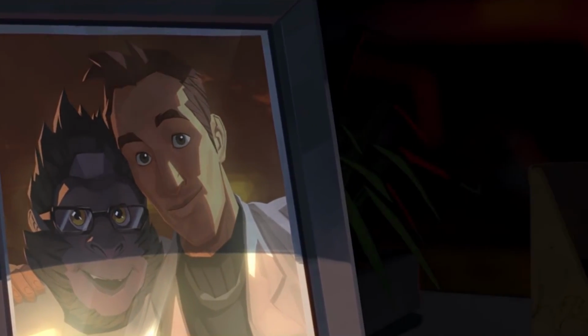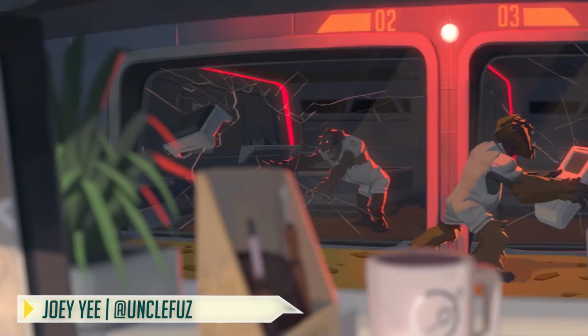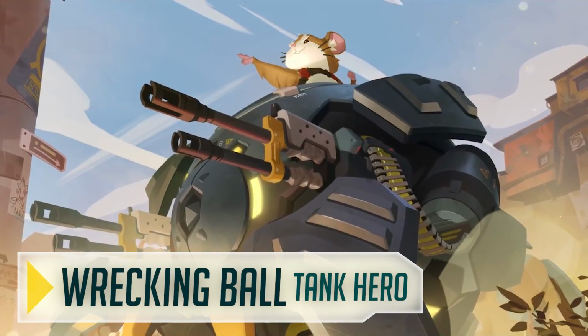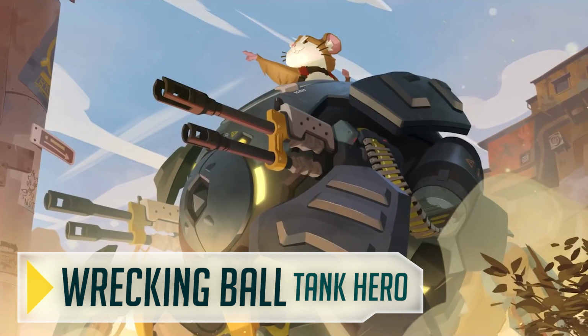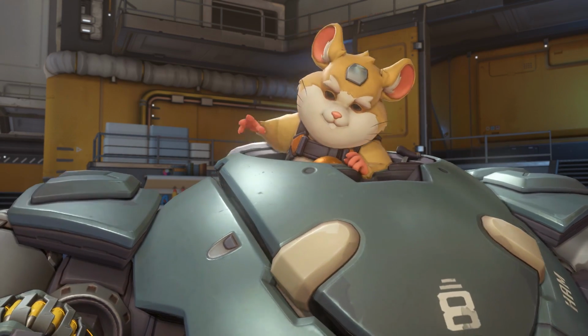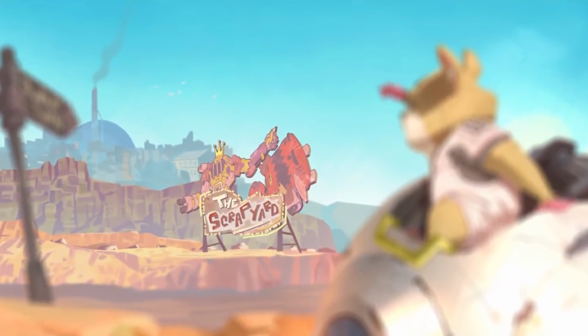The newest hero in Overwatch has arrived and, well, usually I'll say something cool here introducing them, but what the hell, I'm just gonna get straight to the point. It's a hamster in a giant rolling ball mech. Specimen 8, known to most as Hammond the hamster, pilots a mechanical ball that he himself built, equipped with tons